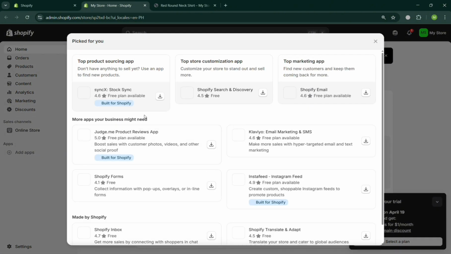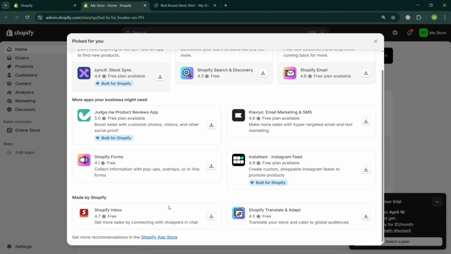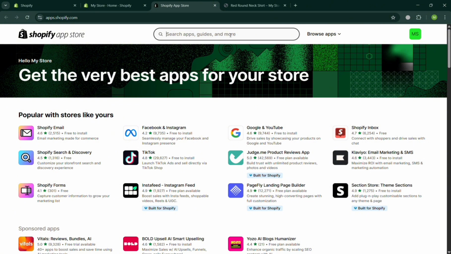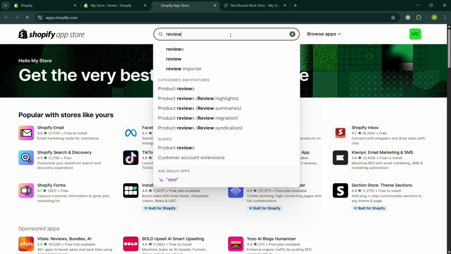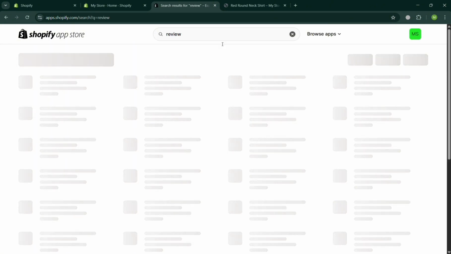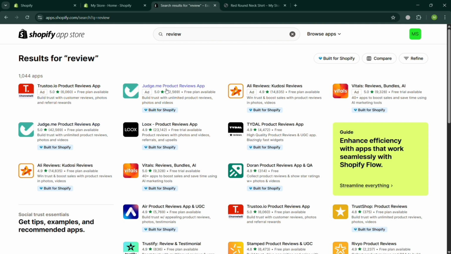Upon clicking on it, on this pop-up window, it will show you a variety of applications. And just click the Shopify App Store button below. Upon doing so, you'll automatically be directed to this Shopify App Store. And to proceed, just simply go to the search bar and kindly search review. Upon searching, you will be able to see all of the results, and just click this judge.me product